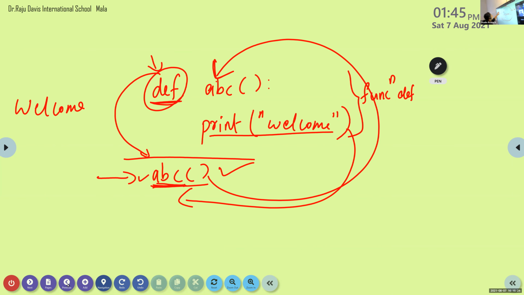So the interpreter just skips these two lines, the function definition, when it encounters def. The control moves to the first statement of the main program, the function call statement ABC with empty brackets. The function call statement moves the control to the function definition. Then only it will execute this print statement.